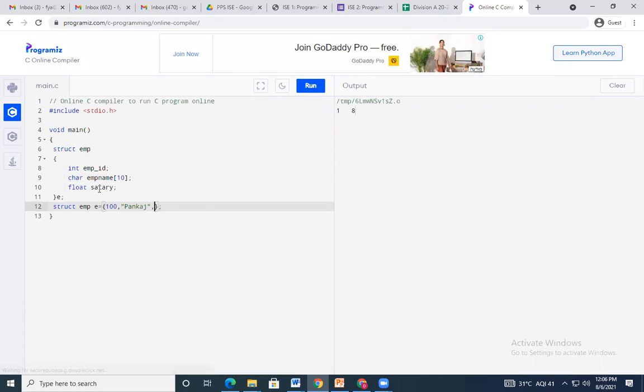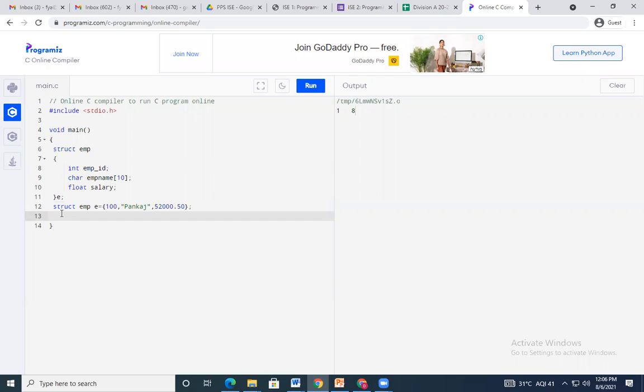Now what is the third? Salary, which is of type float. So I will write here any salary value. Let's say 52050. Okay, I want to make it a float, so I have added this as .50. Okay, so these are the values I assign to the variables employee ID, employee name, and salary.